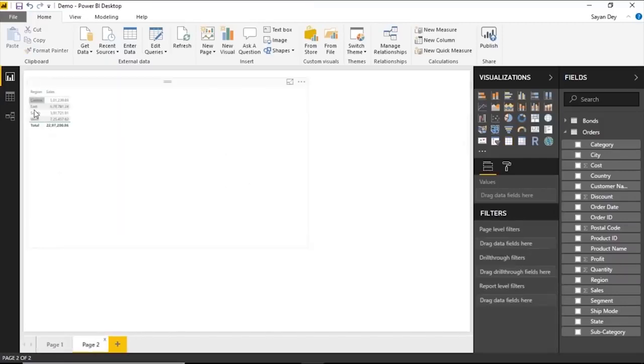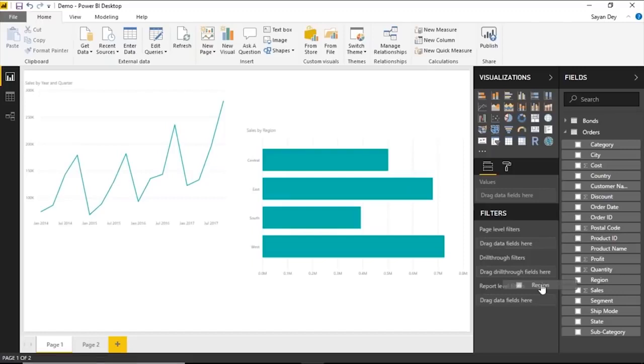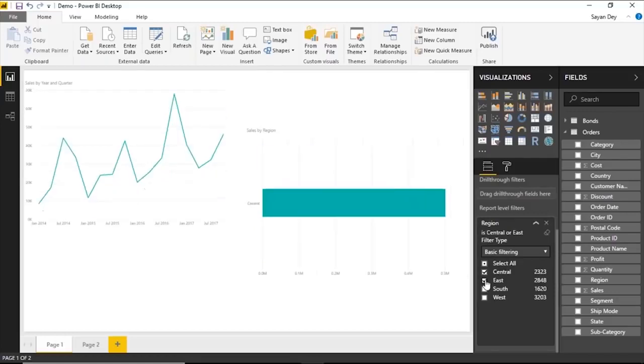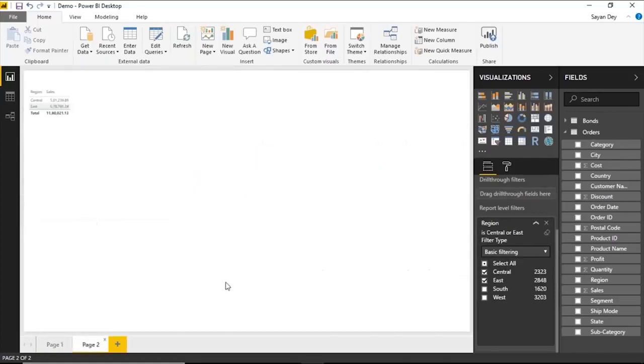Finally, you can implement something called a report level filter. I can remove the page level filter and then take the region in the report level filter, which means that all the pages in that report will have that filter. Here I can go back and include central and west, and in the first page, obviously it will be filtered,